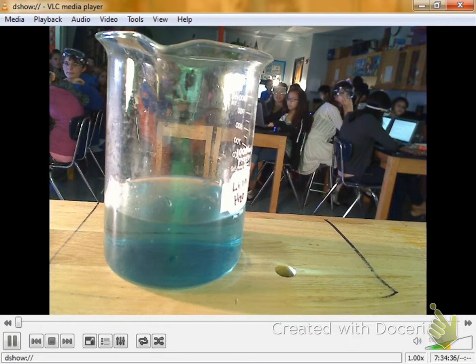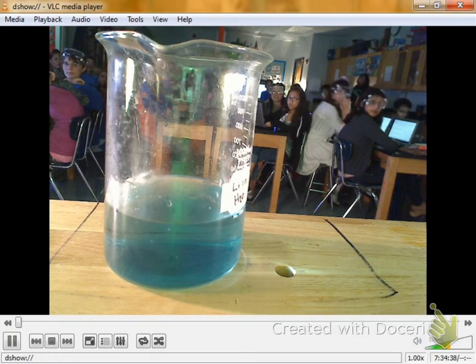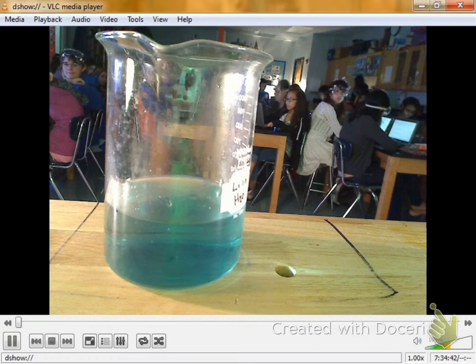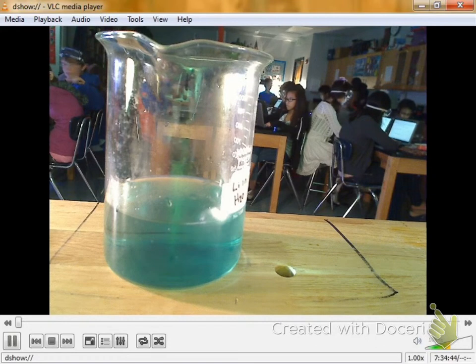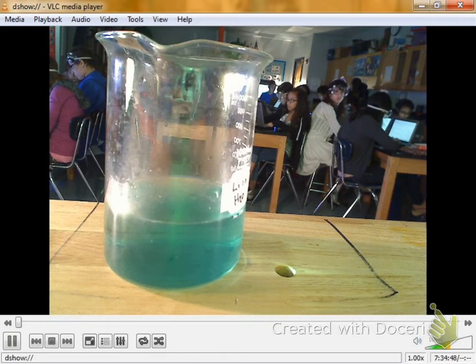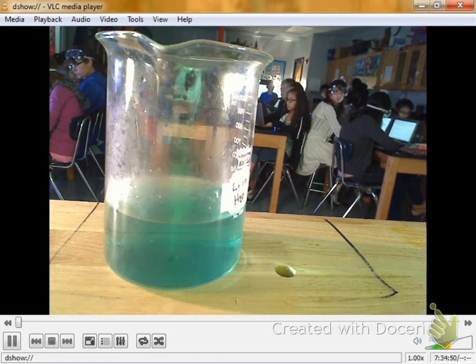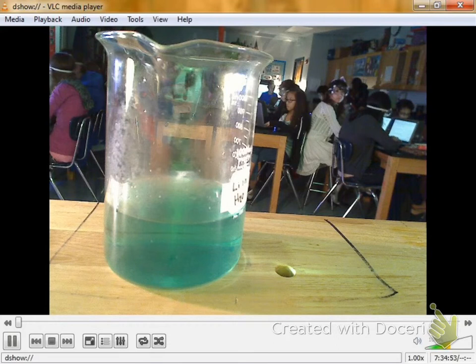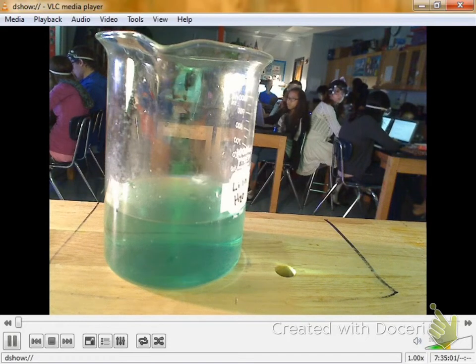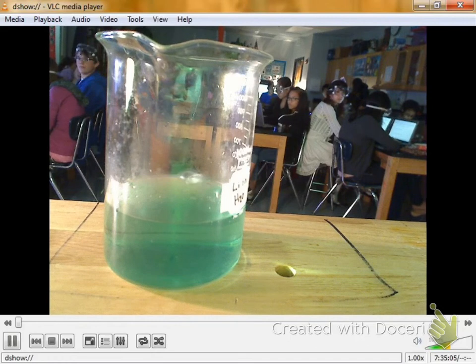Wow, check that out. Where is it? It's floating. Did it even sink at all? No. Lithium has such a low density, it floats. It's floating in the oil in this jar. And if oil floats on water, where do you think lithium's going to be? On the top. Yeah, it stays up there on top because it has a very, very low density.